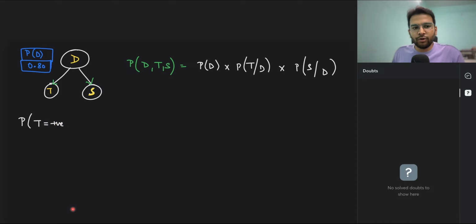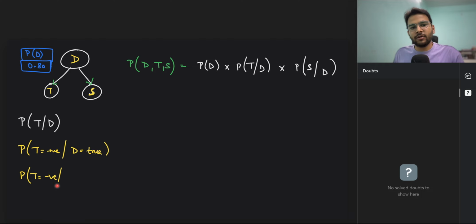See, you know one thing. You simply know one thing, that test is conditionally dependent on D. Yes or no? You know this thing, right? How many values are possible here? This thing we also discussed in the previous class. If you remember, I can say that the test is positive given that the disease is true. This is one possibility. Yes or no? Similarly, I can also say the test is negative given that the disease is true.